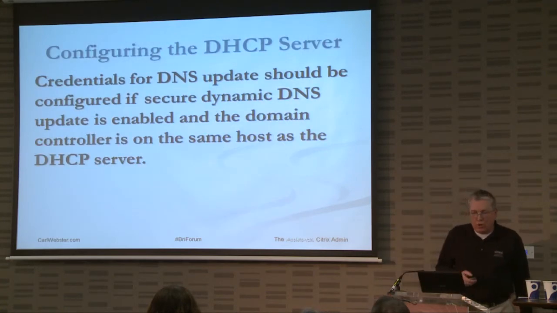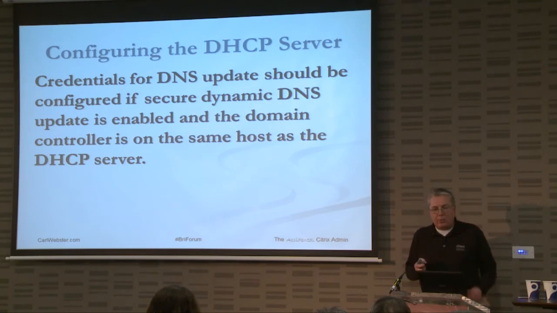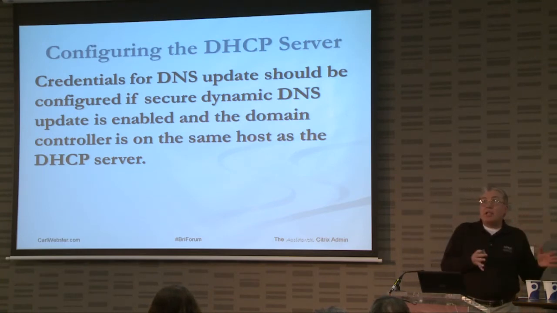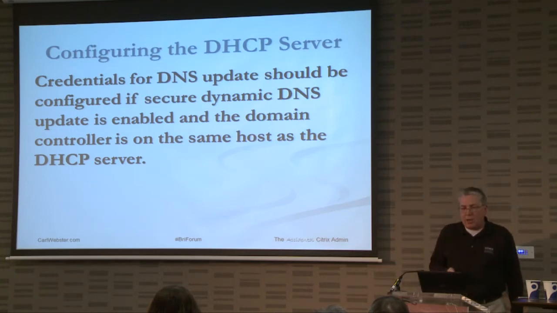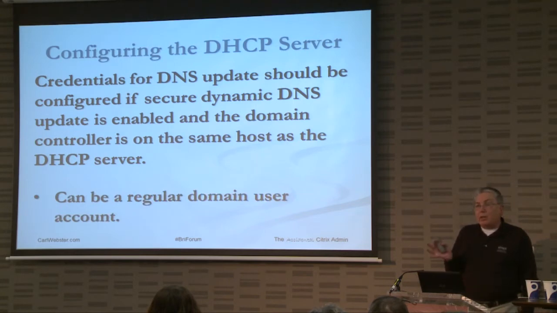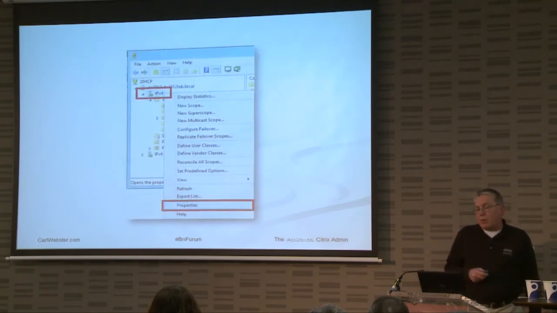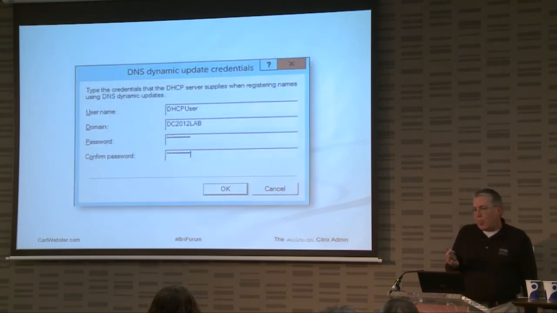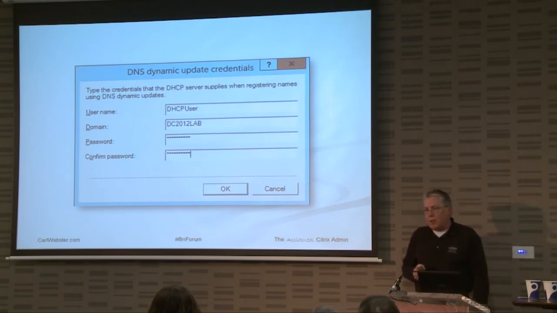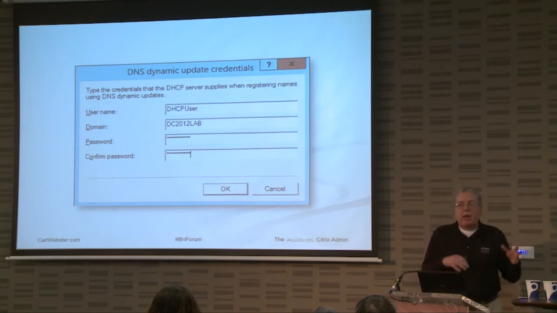So now what you're going to do is set up credentials, because if the DHCP server is running on a domain controller, you need to set up credentials in order to do secure dynamic DNS updates. And this can be just a regular domain user account. So you're going to go to your protocol, right-click, go to Properties, go to the Advanced tab, Credentials, and enter your stuff there. And then now your DHCP servers will own the records,